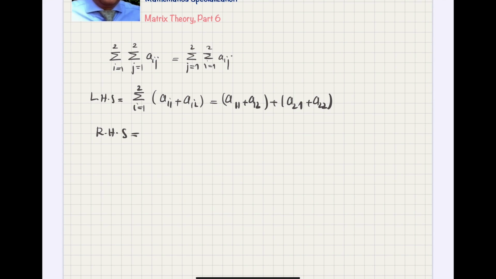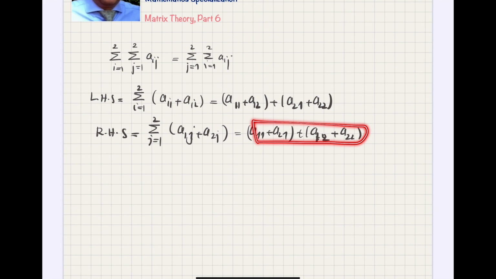If I want to do the same thing, I can write it from the inner one. Again, it becomes A1J plus A2J, and then I put J equal to 1, it becomes A11 plus A21, and then plus A12 plus A22. So you see, here I am recollecting terms. Of course, at the end of the day, I will have all of them, but in different order and